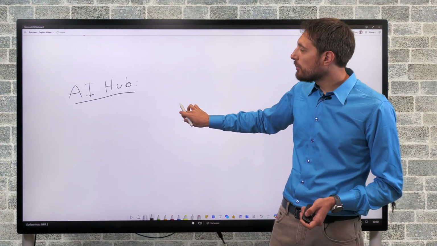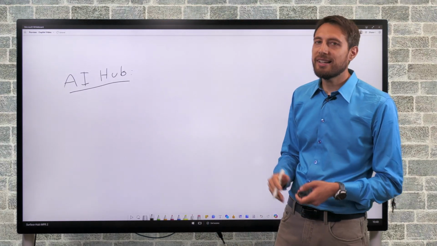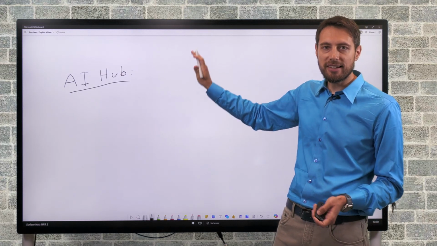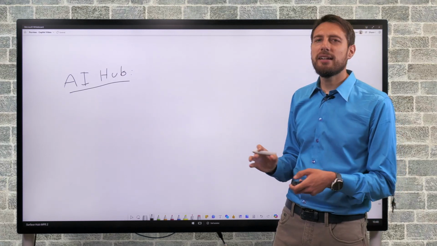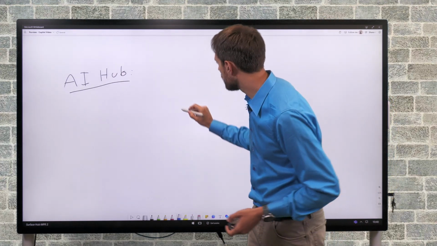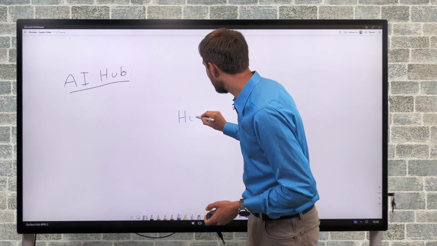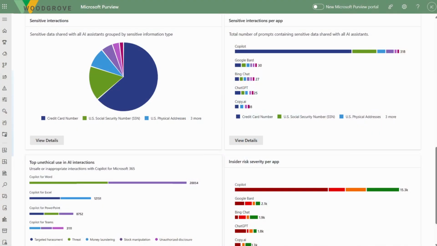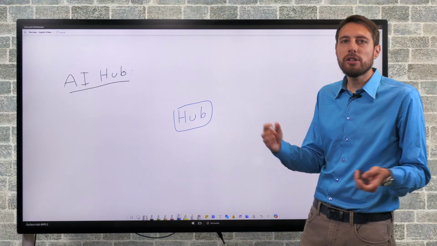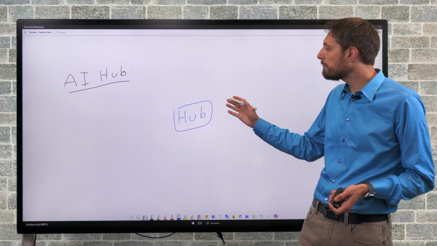This is a product which, at the time of this recording, is still in public preview. And unlike everything else that we discussed here, this is not an independent tool. It's more like, if we were to draw this, a central command hub. I mean, it's in the name, right? Hub. And it acts as a one-stop shop for all your AI data security needs, especially as it relates